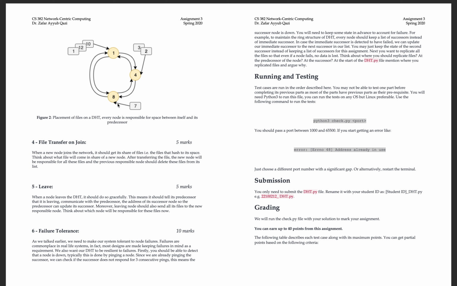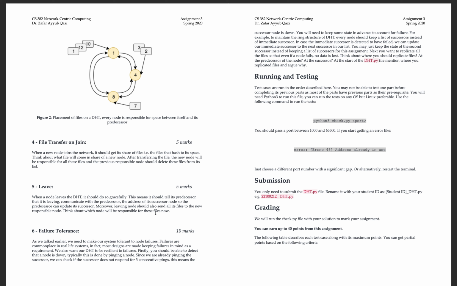Over here we'll simplify and simply store a second successor. So after the immediate successor, we'll have another pointer for the second successor. So if 1 goes down, we can call 4 our next successor. That is how we'll update these pointers.